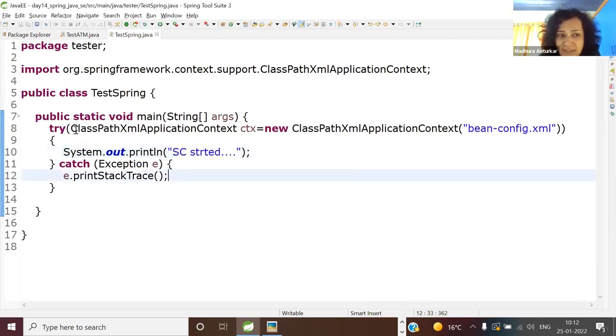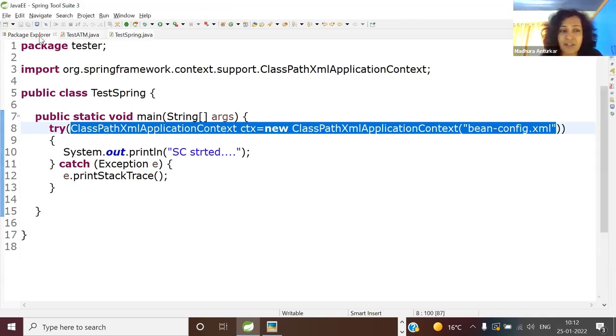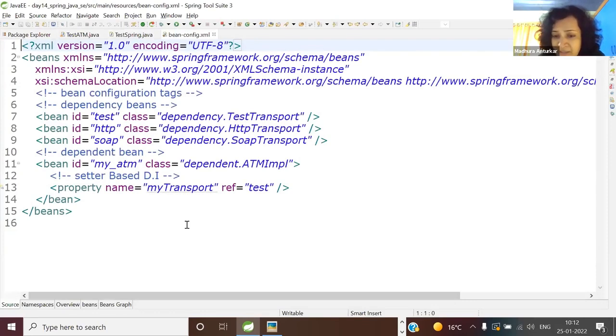Tell me, when this line is executed, what is it we are doing? Yes, exactly. You are very right. So here, now you are instructing, you are telling the Spring container to start using the instructions from this bean configuration XML file. So guys, please don't run it and spoil the suspense.